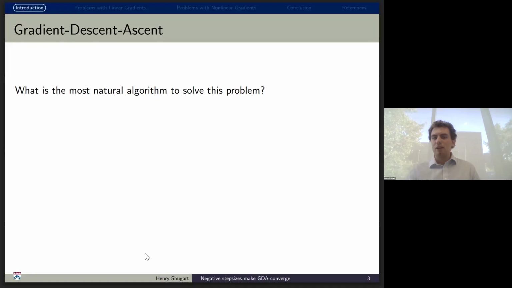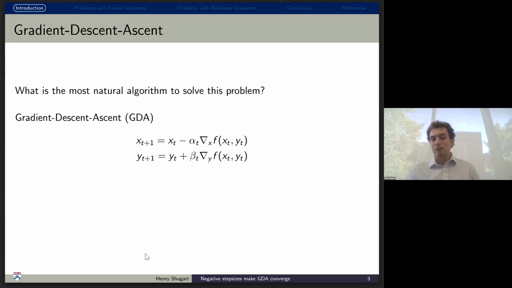So now thinking about the most natural analog to something you would see in standard minimization problems, a natural algorithm is, of course, gradient descent ascent, where instead of just taking gradient descent steps in a single variable, you take gradient descent steps in your x variable, and at the same time, you take gradient ascent steps in your y variable, thereby working to minimize x while maximizing y concurrently, or